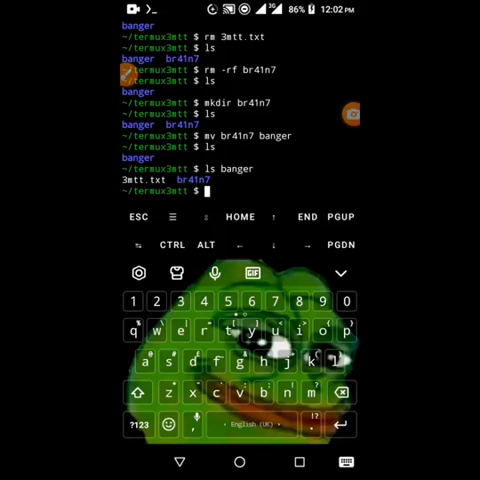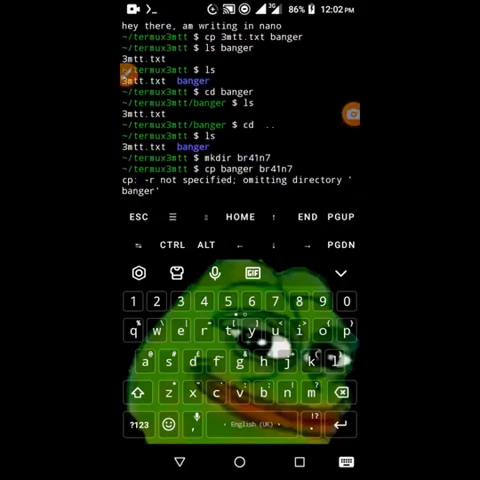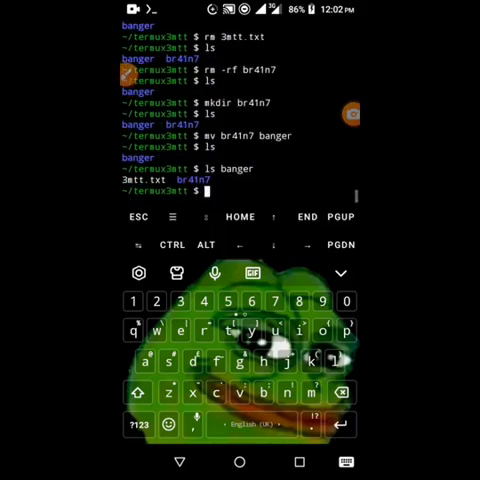Next time we'll be talking about how to install the package installers for programming languages. I think these are the common commands in termux. But before we leave,